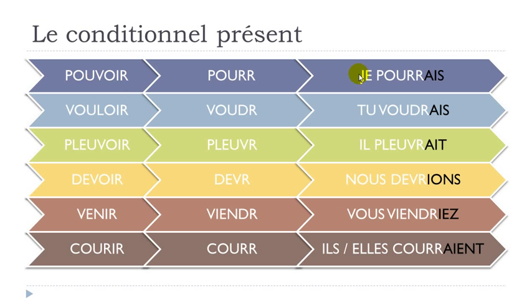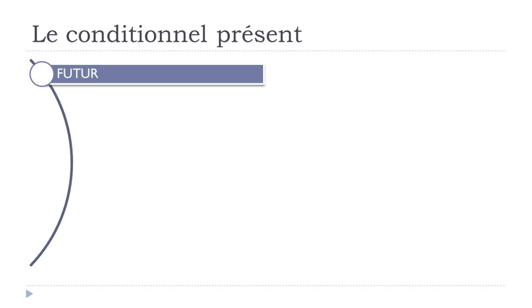Pouvoir, can, je pourrais. Vouloir, to want, tu voudrais. Pleuvoir, to rain, il pleuvrait. Devoir, to have to, nous devrions. Venir, to come, vous viendriez. Courir, to run, il courrait, elle courrait. Alright, so it was the first thing regarding the conditionnel présent, and then as I said regarding the fact that it's quite close to the future,